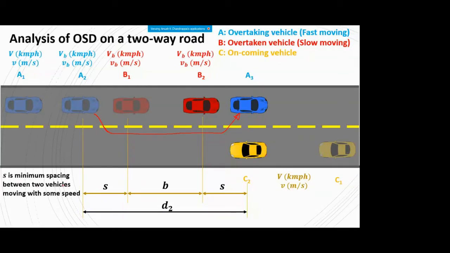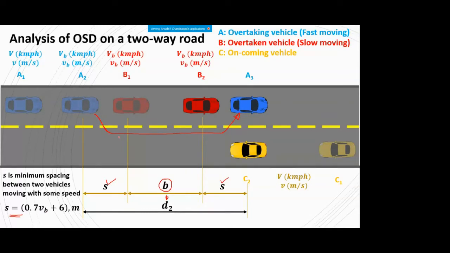Now, as I told you, it is a dynamic one, but for analysis purposes there is an empirical formula for this S, that is 0.7 VB plus 6, where VB is the speed of the slow moving vehicle, the vehicle in front. Okay, so that's the formula for S. Now coming to the formula for distance B. We are interested in finding this distance B because that's the only thing remaining to find D2, because we have already seen what S is and we know the formula for S.